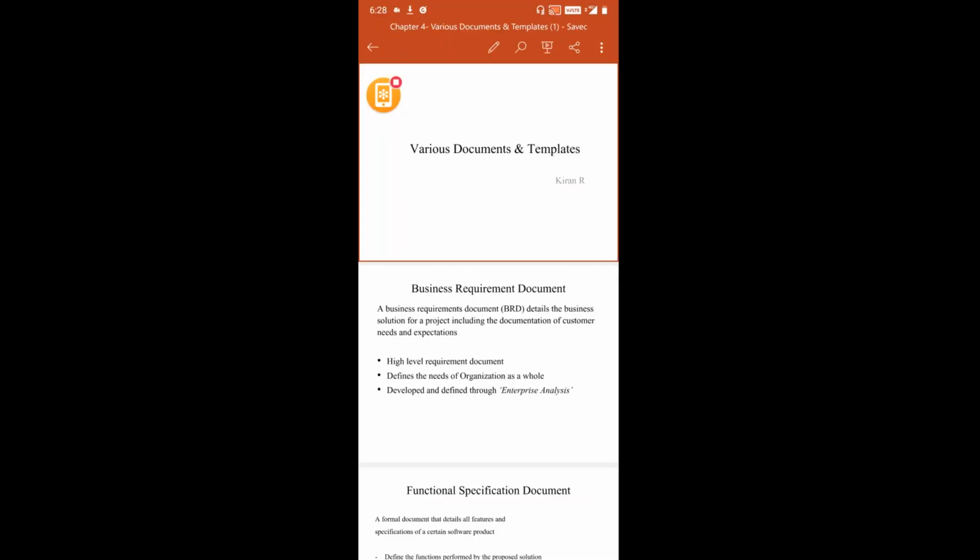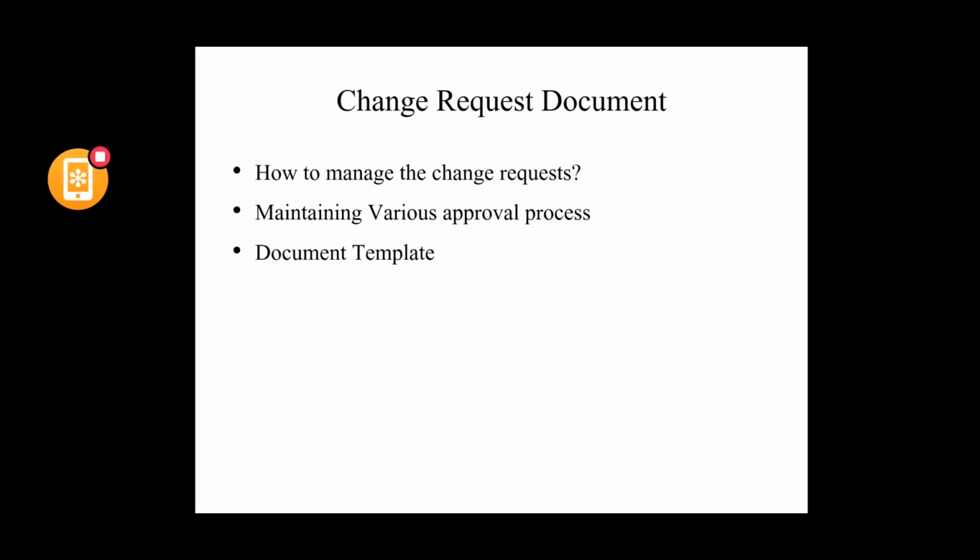Whenever a requirement gets changed, you follow a particular process in order to make the changes to the documentation: how to manage the change requests, maintaining the various approval processes, and the document template. The change could be one requirement or a set of requirements for a system.